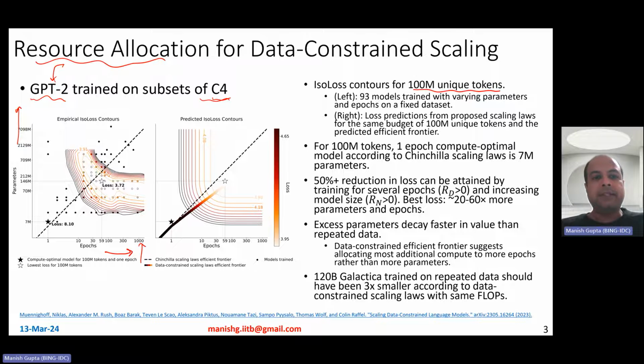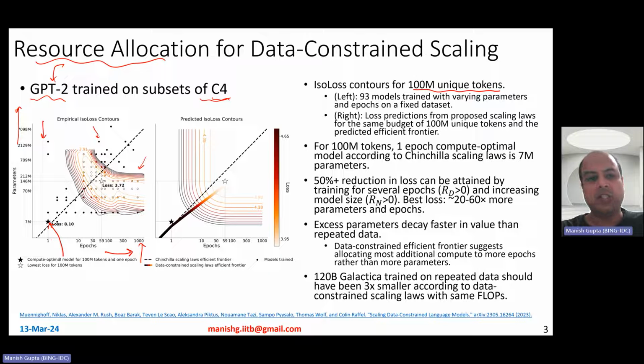Okay. And they trained several models. As you see, these dots basically indicate the models that have been trained. They trained 93 different models with varying number of parameters and varying number of epochs. And then they basically get some loss values, which are what are plotted here. In fact, the contours here are estimated densities. So basically what you see is the loss contour, if you look at one epoch model kind of loss,